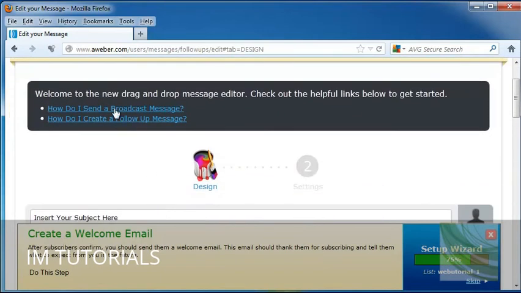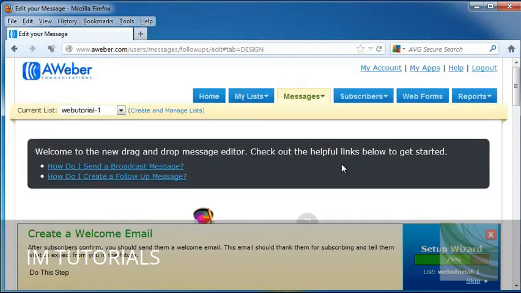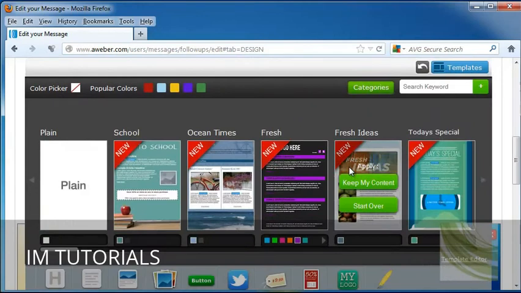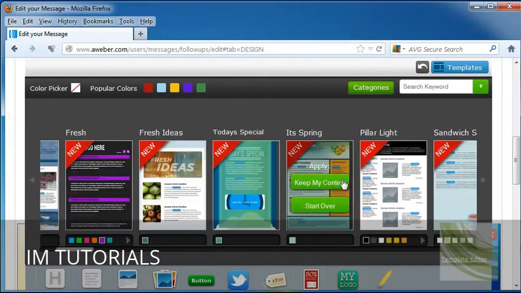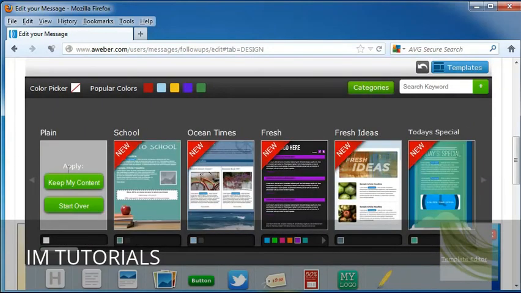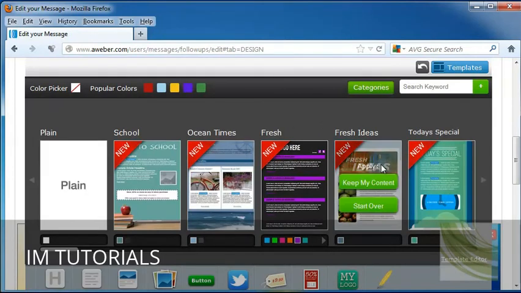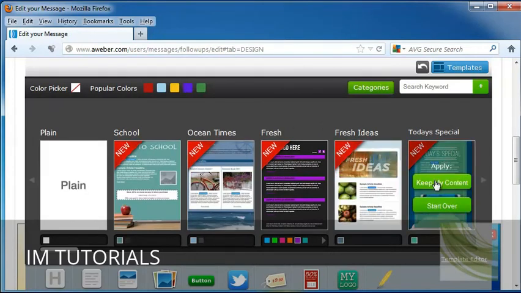So this is the new drag and drop message editor. Let's go ahead and take a look at how to send a broadcast message and a follow-up message. This allows you to basically pick one of these themes that you like, or pick a plain one that you can go in and add your content yourself. So I'm just going to go ahead and pick one that I want, keep my content,